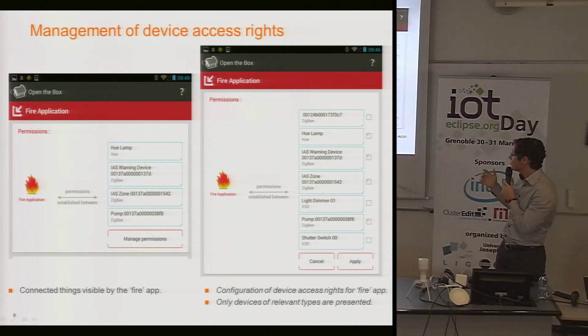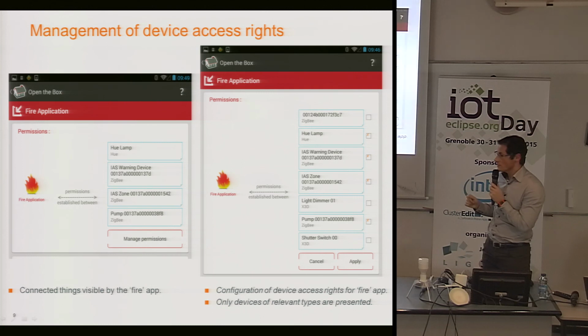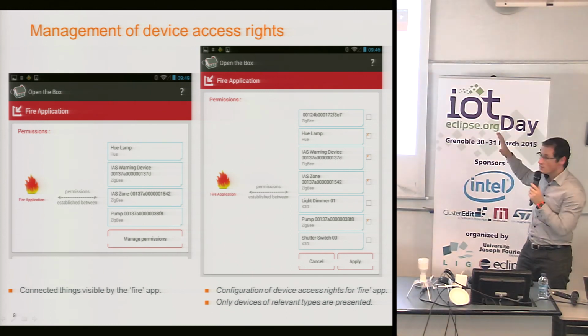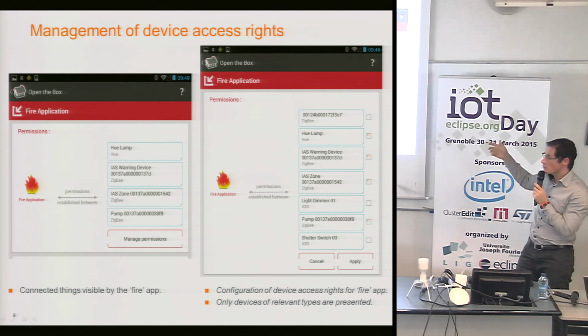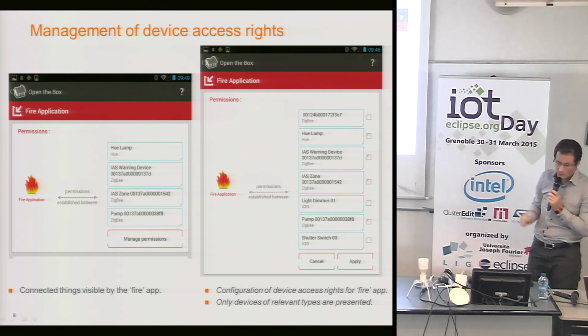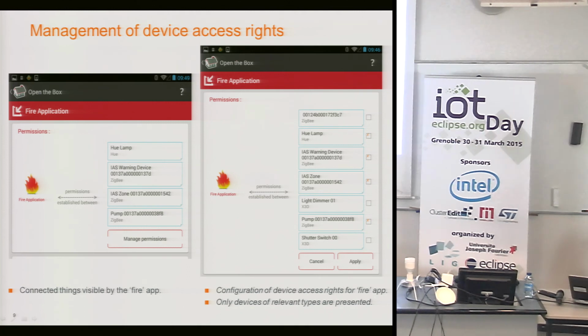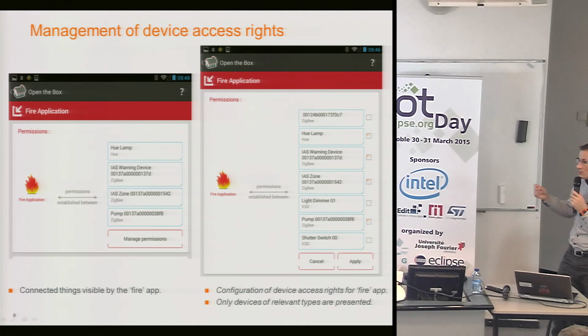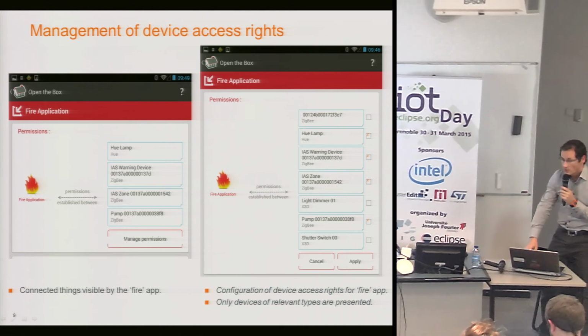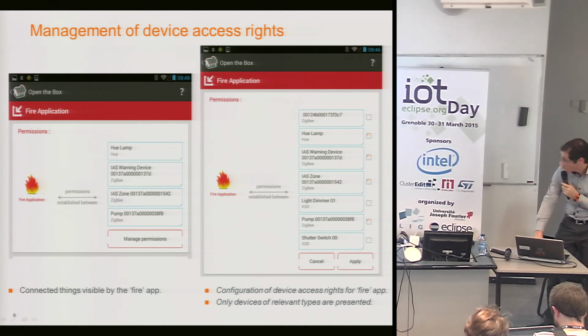We don't see blinds, we don't see some things. We see only the devices that are compatible, the types that are required by the fire application. So that's a third simple hint, and no big research here, to simplify the customer journey in the smart home.